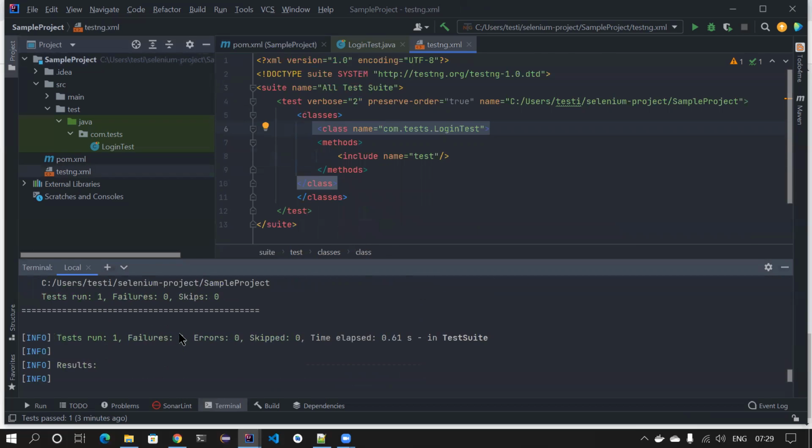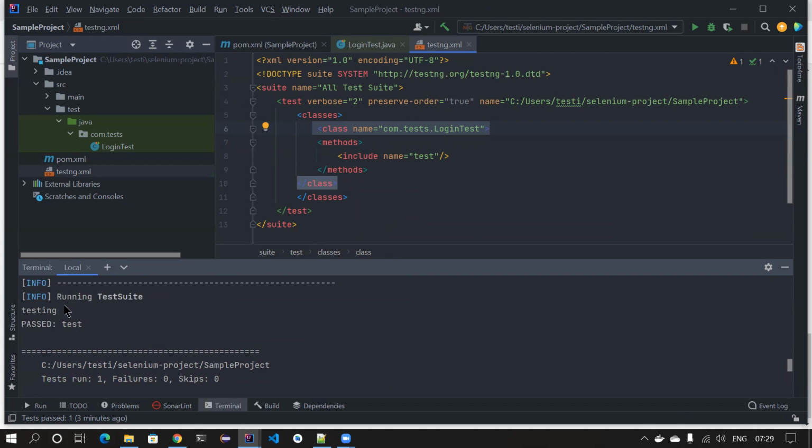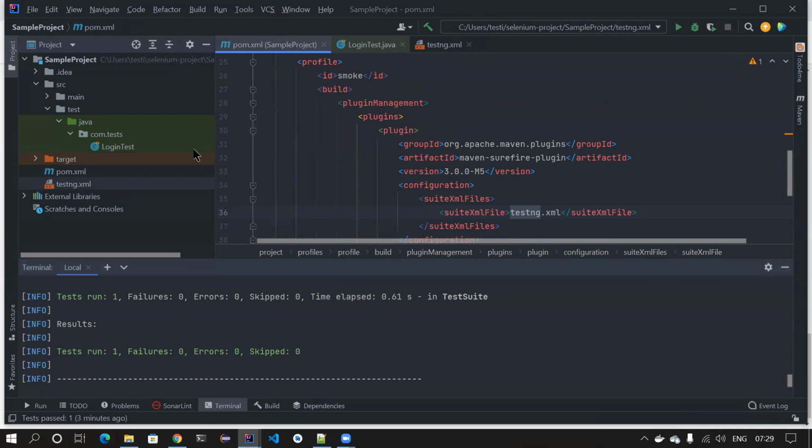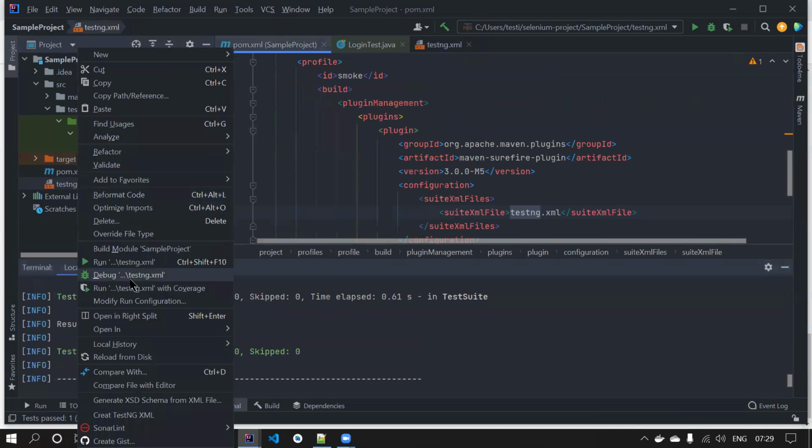You notice it has run the test. In automation, if you have a browser opening and all that, it will open the browser and do all those things, but here we are just running a simple test. In your case, it will run the browser and all that, and then it will produce the reports, right? Good. Now if you want to have a different testng.xml,